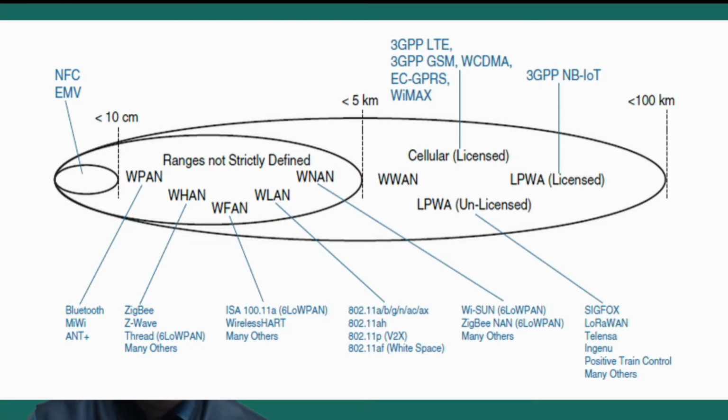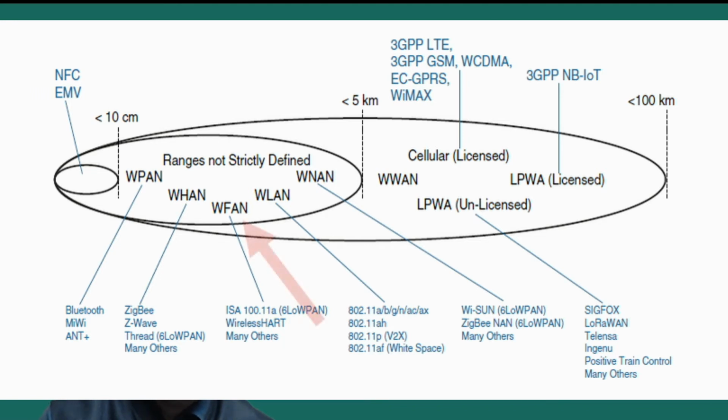Here you can see the first, NFC, near field communication, which is a communication technology that enables contactless EMV, that is Europay, MasterCard, Visa, a standard dedicated to securing contactless NFC payment transactions. The NFC technology is designed for operation over a few centimeters, that is less than 10 centimeters. Then we have the WPAN, wireless personal area network, where we use Bluetooth. Then we have the WHAN, wireless home area network. Commonly we use Zigbee, Z-Wave, etc.